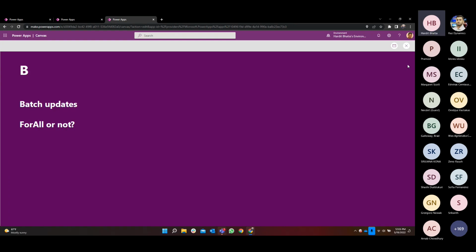Moving on to the next one, this is pretty important, batch updates. Whenever you want to update a bunch of records, you can do a patch inside a ForAll. That's the instinctive way to do it. That's how I've been doing it for a pretty long time. However, that is not performant. When you have a patch inside a ForAll, it updates one single record at a time. So if you have 50 records in that collection, it's going to loop through all 50 of them one at a time. The alternative is to reshape your collection in such a way that you can actually just do a